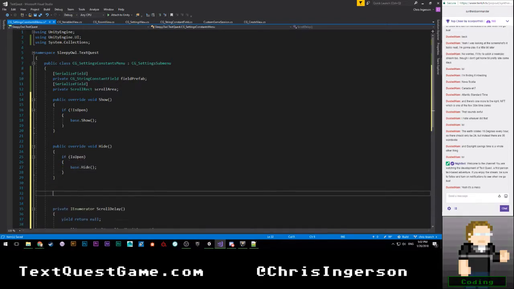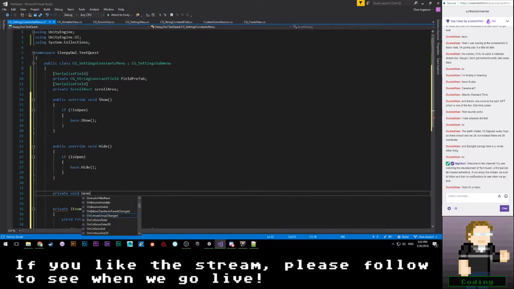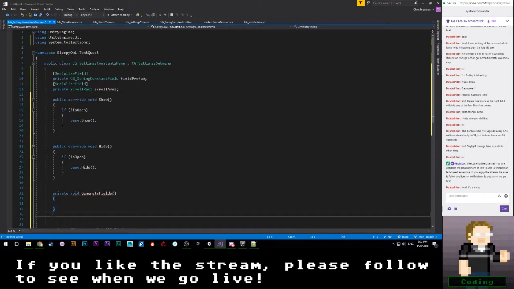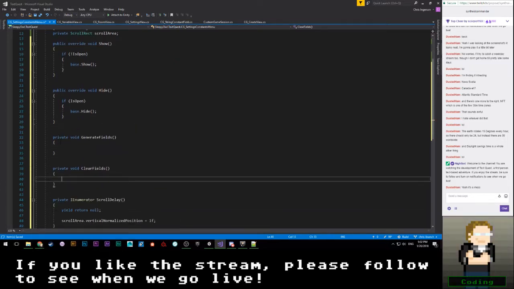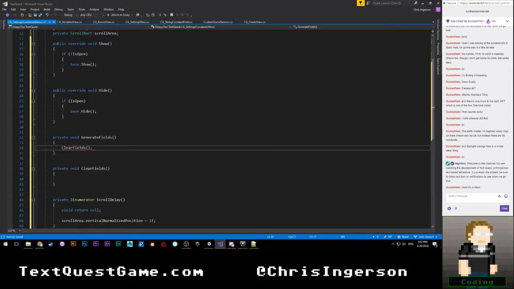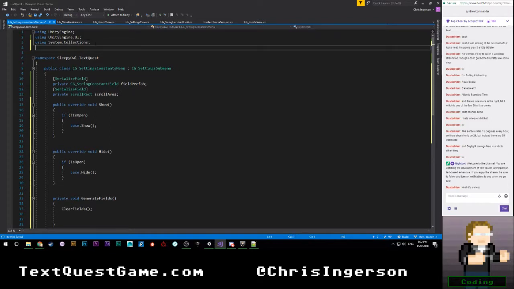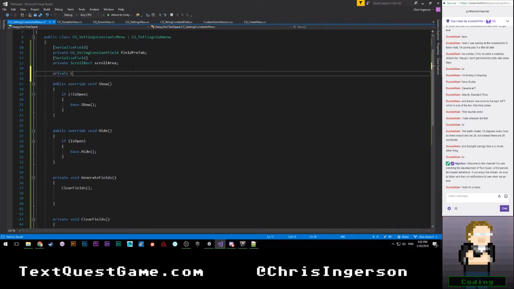On top of that, we're going to want to have private void generate fields, and then below that, private void clear fields. Generate fields will of course call clear fields before we do stuff. And then I'm going to need to say using system.collections.generic.